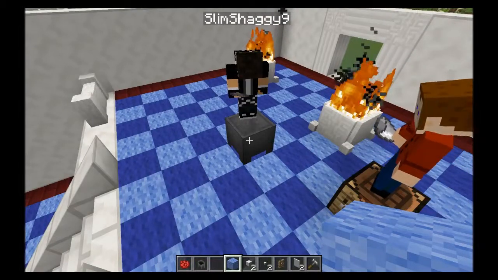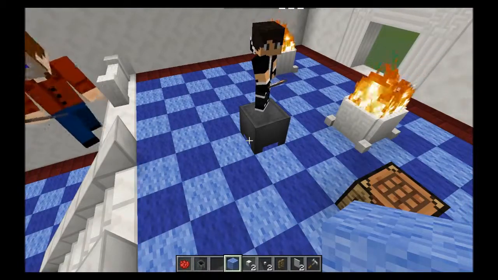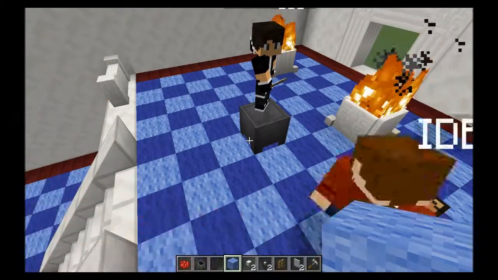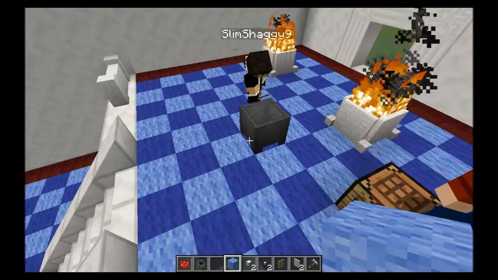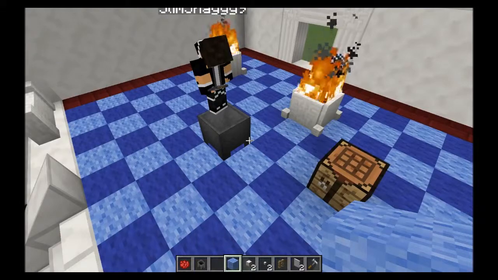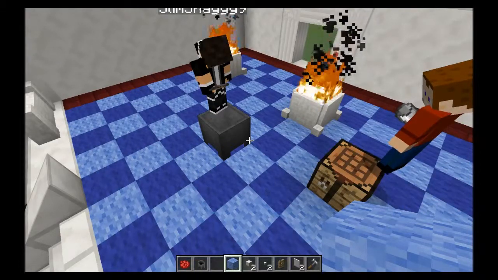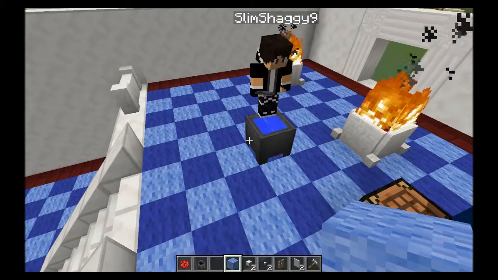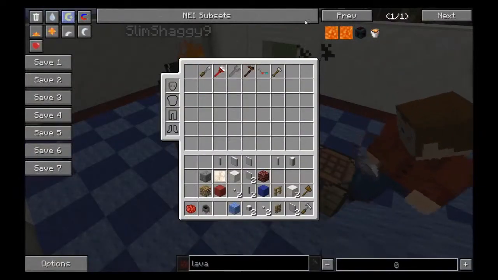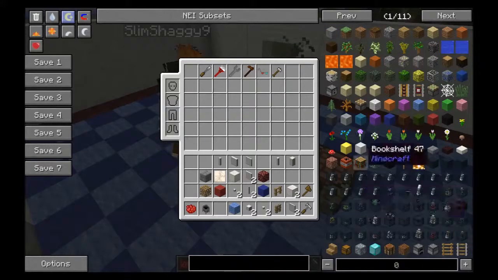In 1.7, when it first came out, I had a huge room on a server where all the cauldrons, half of them were lava, half of them were water. So they must have changed that or something. Oh wow, it's no good. So the options we've got are limited. The water we're going there. And what do we have from...